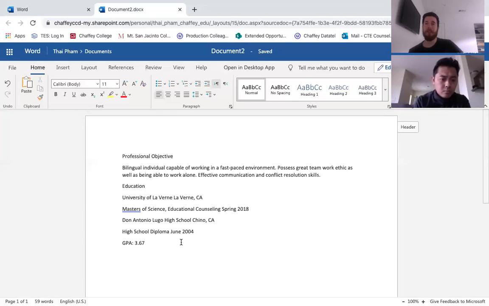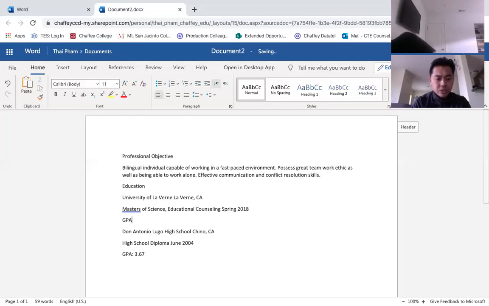Would you put that for every school attended or just for the high school? If my GPA was a 3.5 or above, I would put it for every education that I have attended. So again, for my graduate school, my GPA was a 3.97. So I almost had a 4.0 GPA. That definitely shows the employer, if I don't have any work experience, that I have a lot of focus to succeed and excel in my academics, and what I do in my academics can also be relatable to my employment as well.